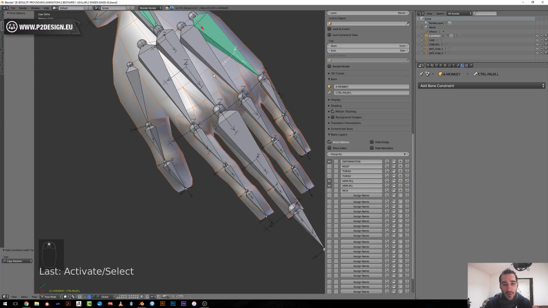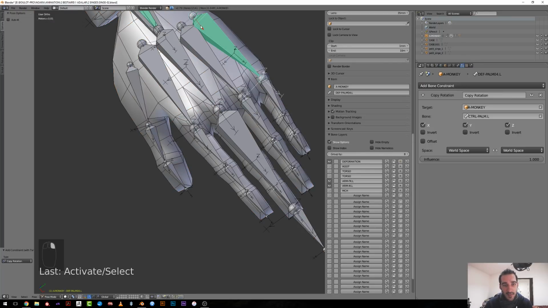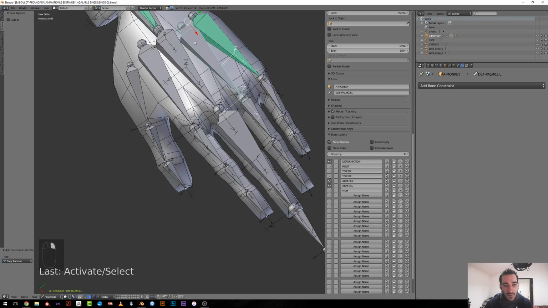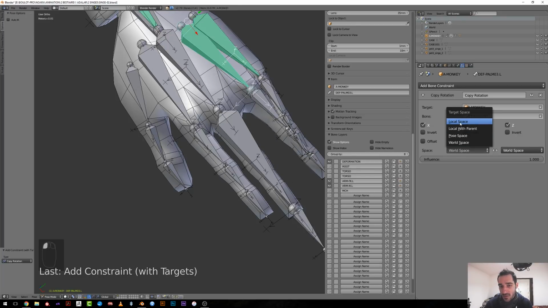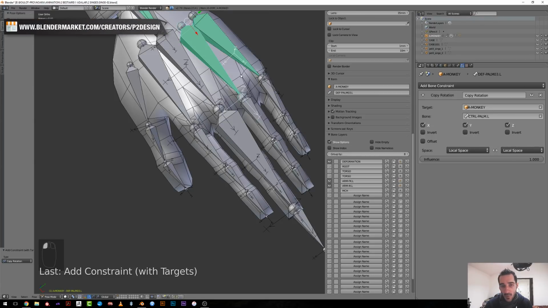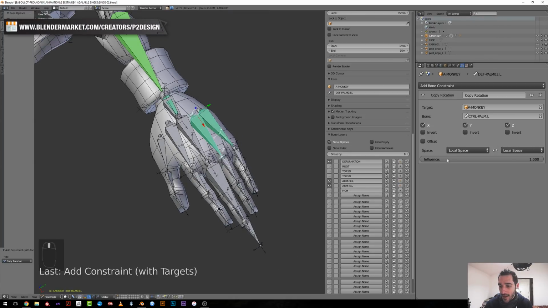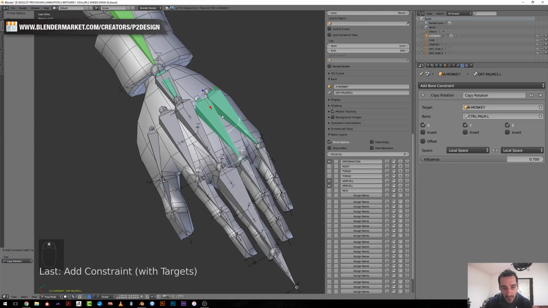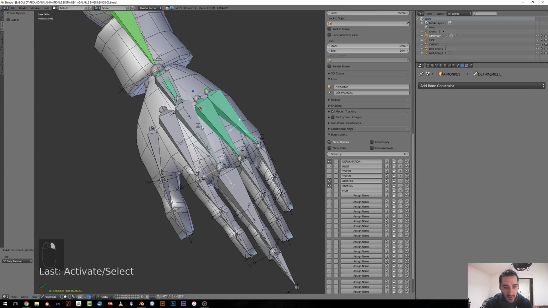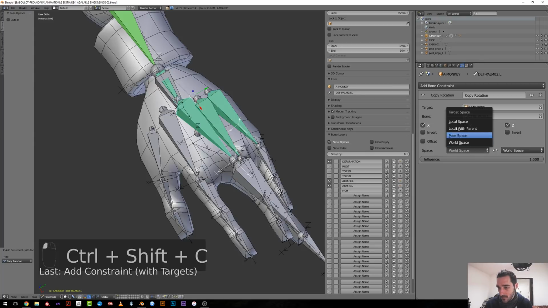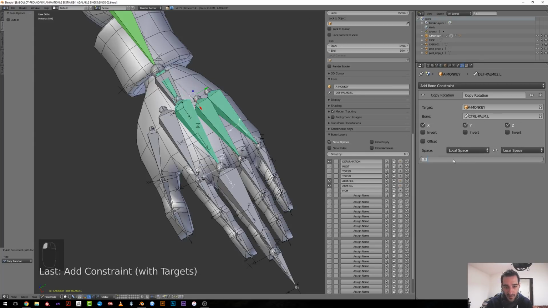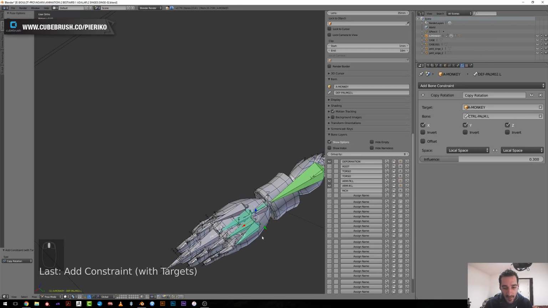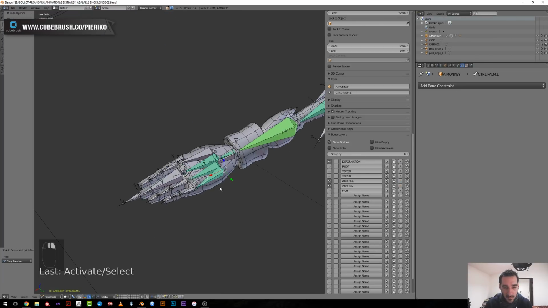So I will select it again, the controller, Control Shift C copy rotation, and I will switch from local to local, and I will start to add some lower influences, so 0.7 for this one, and this one copy rotation, same thing, let's say 0.3. So now when I rotate this bone,